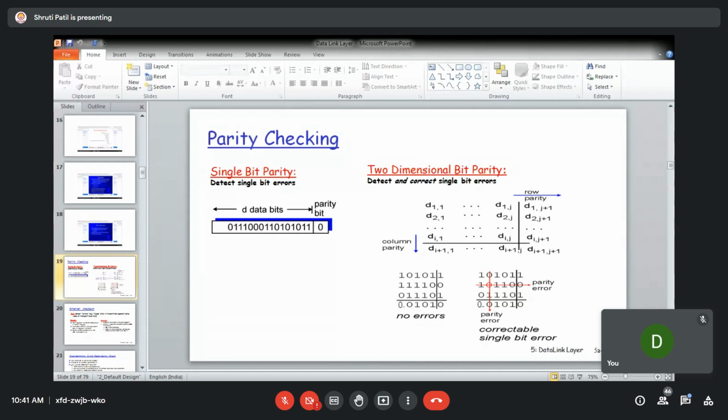Okay. Now in this case, generally this is done at the transport layer. That means later on we will see at the transport layer you have TCP and UDP, two protocols which are used. In UDP, whatever header is added, the UDP header contains a checksum. So you calculate the checksum on that header and you transmit. At the receiver end, again you calculate the checksum and you match. Okay, so it will see whether the UDP header received is correct or not.